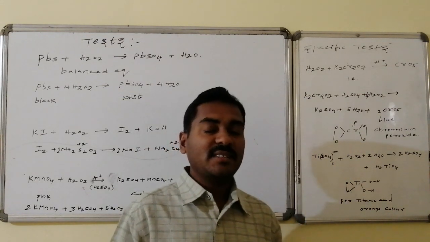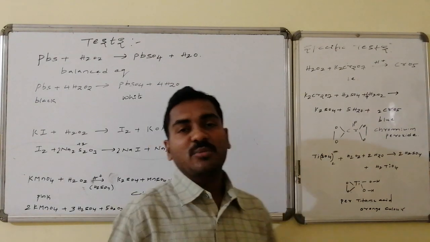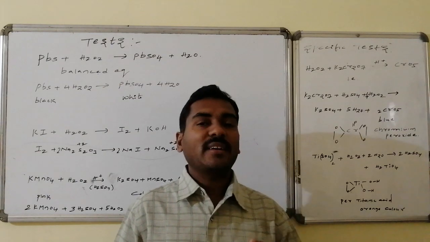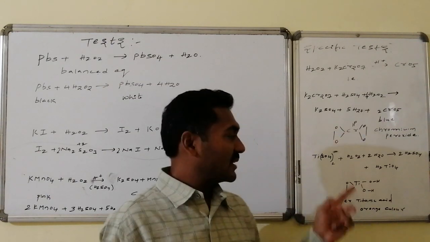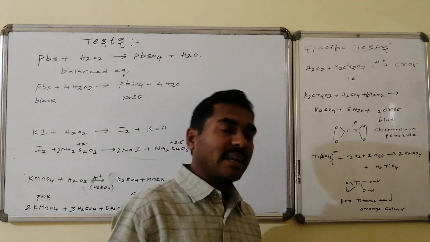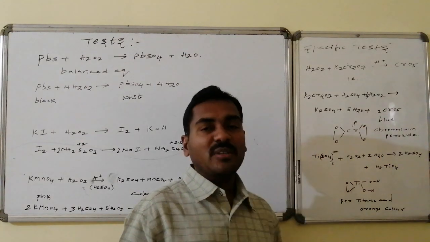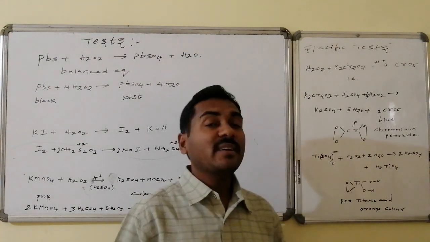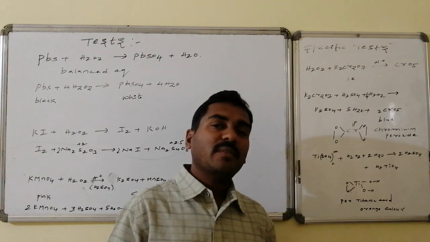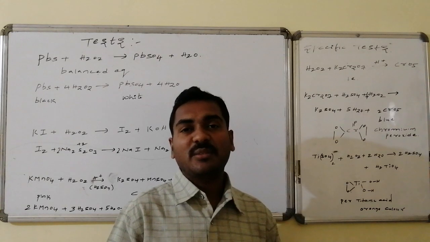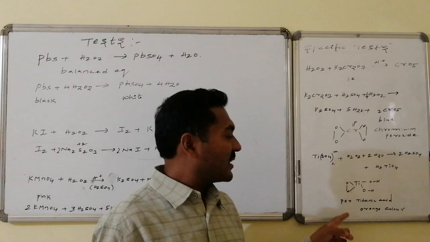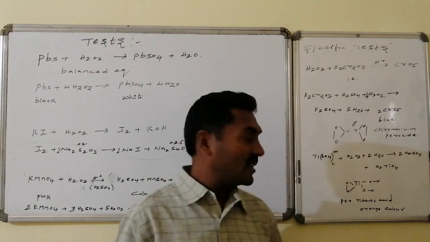Similarly, another special test used for hydrogen peroxide is titanium sulfate. Titanium, the d-block second element after scandium, has a maximum oxidation state of 4, hence it can combine with 2 sulfates, maintaining +4 as the oxidation state. This titanium sulfate on reaction with hydrogen peroxide leads to the formation of pertitanic acid. Pertitanic acid is one in which titanium has 2 OH connectivities followed by 1 peroxide bond, that is, H2TiO4. This pertitanic acid gives an orange colored solution.